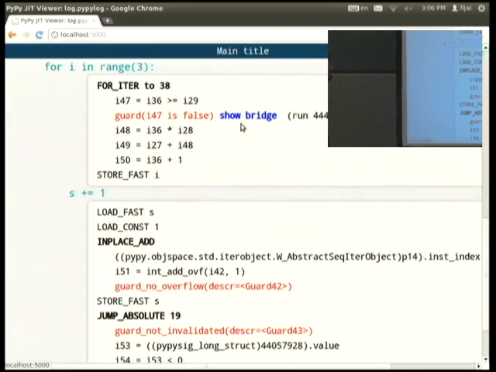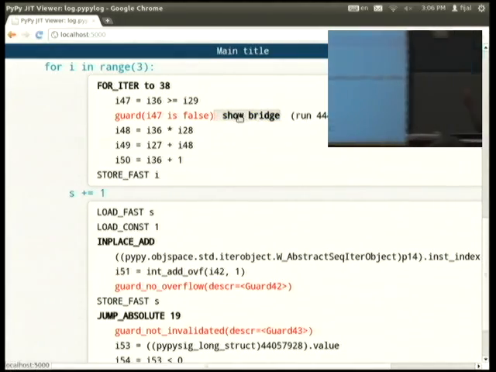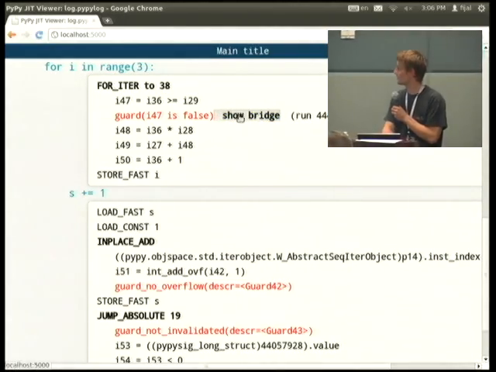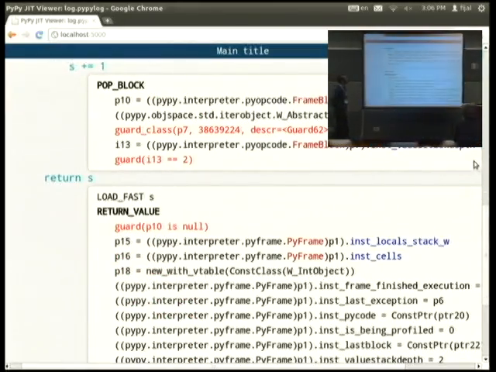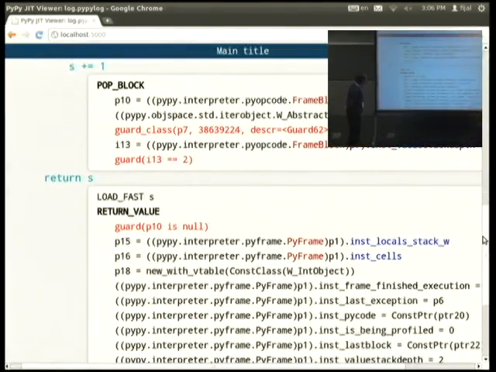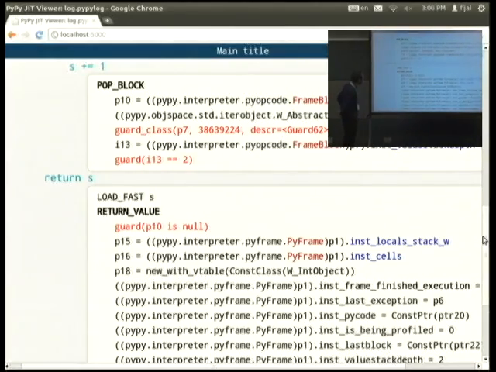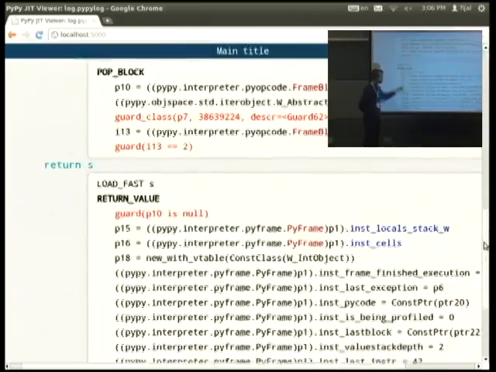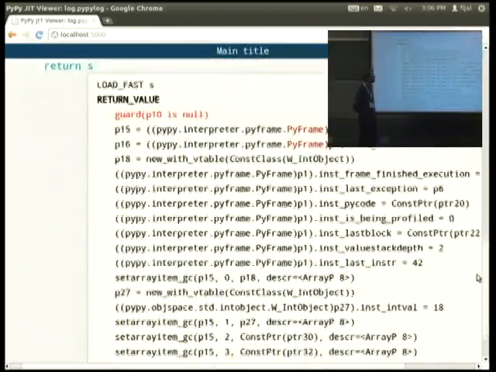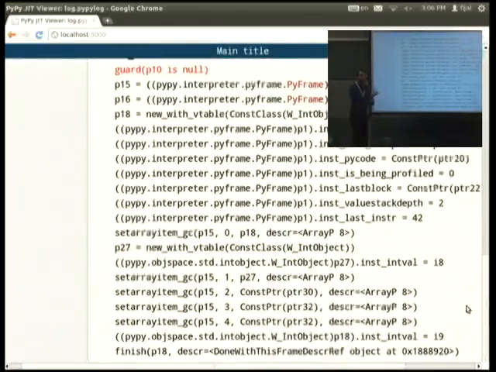Well, the bridge, the loop exit bridge. Yes, this is the guard that will fail when the range is exhausted. And what are we doing here? Storing stuff back on the frame. Yes, we are storing again everything on the frame that we're about to leave.